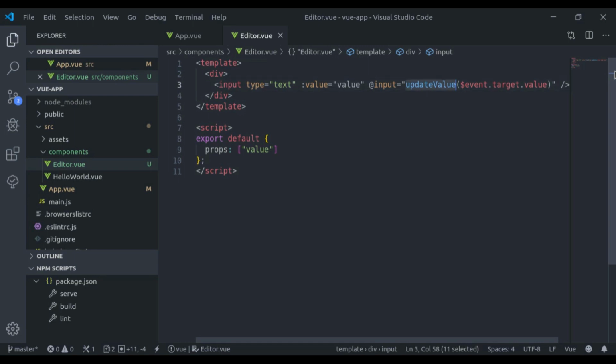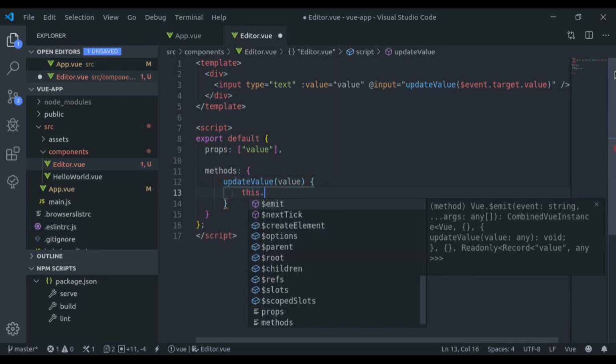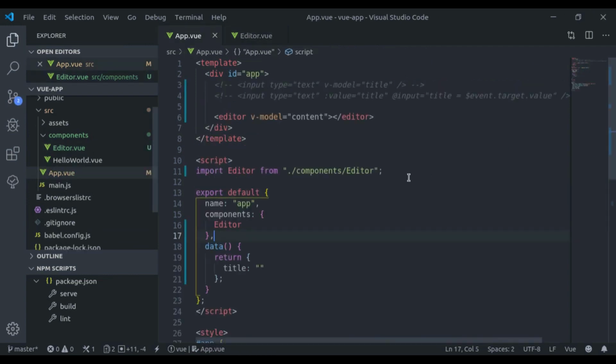Next we're gonna create this method, methods. It will accept value, and here we emit this.$emit input value. This is all here, and we forget to register this content here in the data property. Initially it is empty.